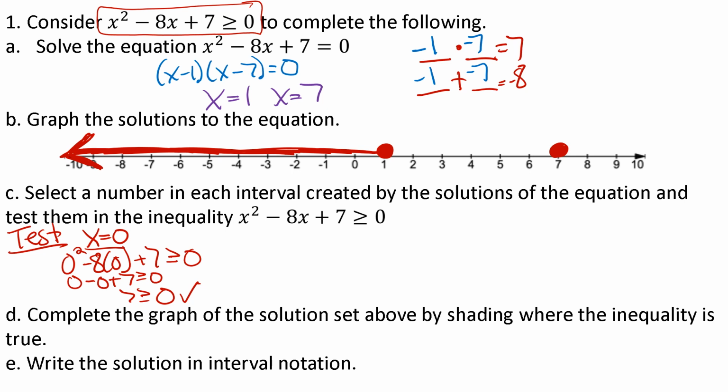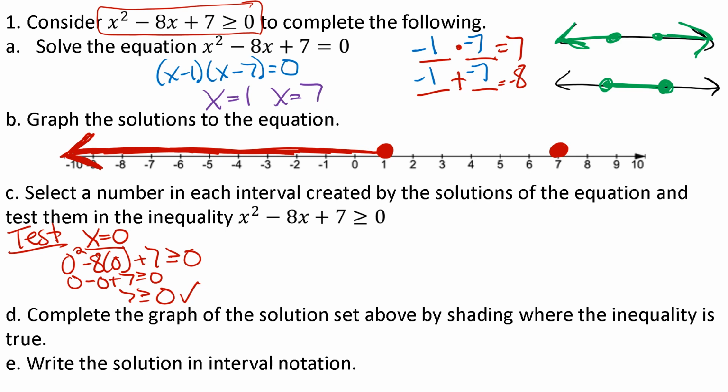Now, yesterday when we were graphing these on the number lines, there were 2 different number lines that we encountered. We either shaded in opposite directions, going away from each other, or we shaded in between. Those are really the only 2 options for this stuff. So we already know that we should shade the opposite direction because we shaded to the left. You don't technically need to test the other points because you already know what this should